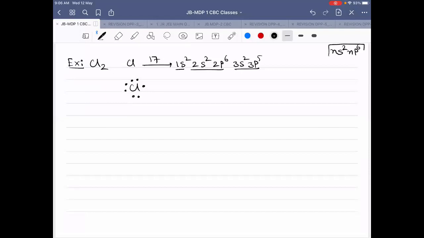So to get this noble gas configuration, chlorine is deficient of one more electron. So chlorine will pair up with another chlorine atom. This will donate this electron, this also will donate this electron, and will result in the formation of